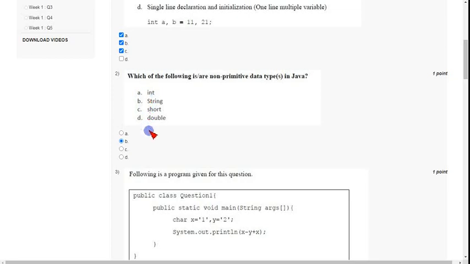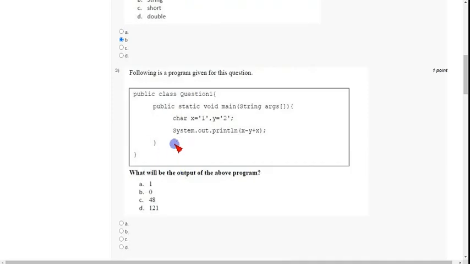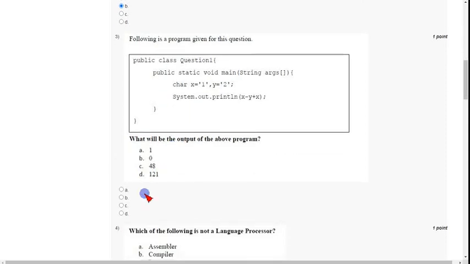And coming to the third question, friends, this is actually a program you should run in the interpreter along with the compiler if you are using command prompt. So I have done this in an online compiler, so I have got the answer when I executed, it is option C, that is 48. So mark option C, 48, as the correct answer for the third question.